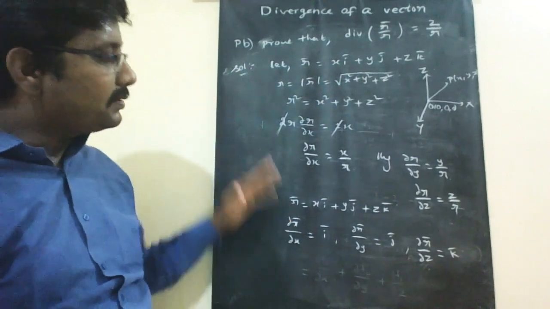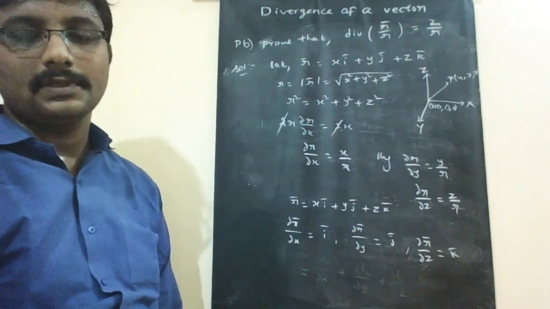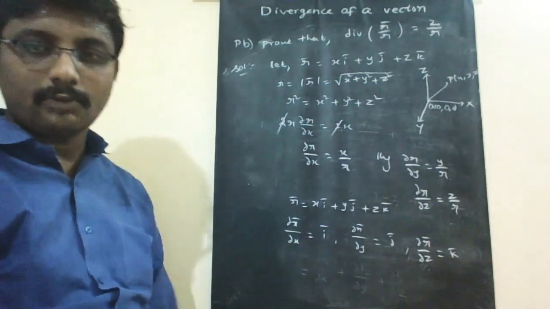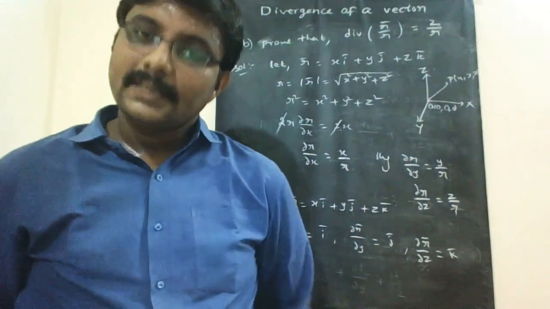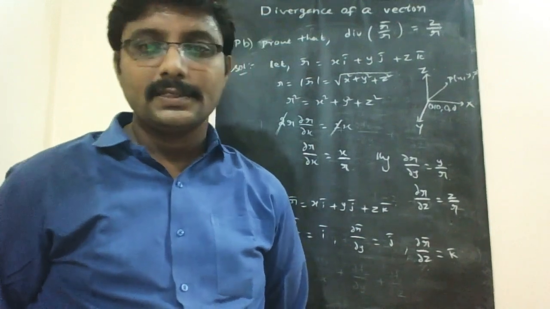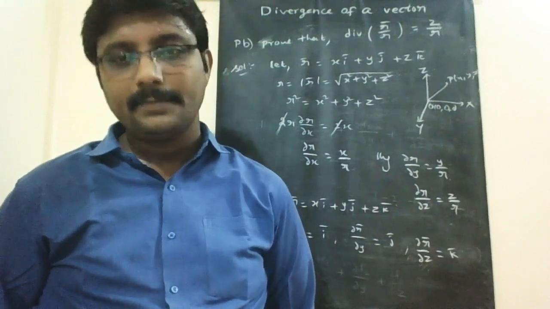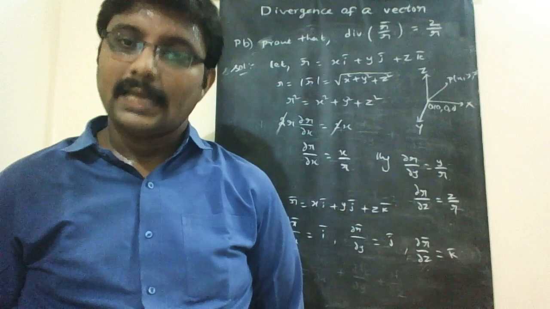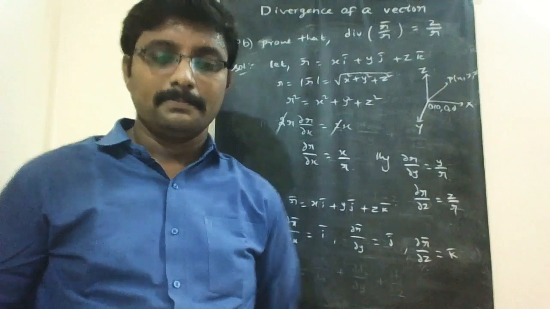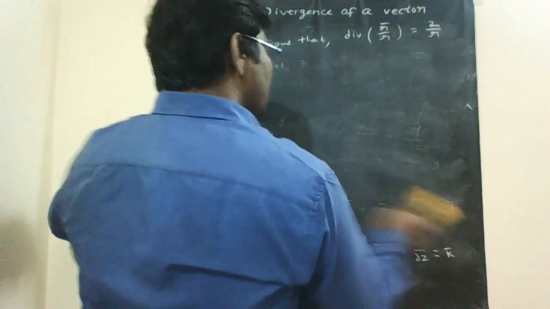We have to remember these formulas until we finish the problems related to Stokes theorem. Whenever r bar occurs in a given sum, we have to remember these formulas. The important ones: r bar is xi plus yj plus zk, r is root of x square plus y square plus z square, and r square is x square plus y square plus z square. Dou r by dou x is x by r, dou r by dou y is y by r, and dou r by dou z is z by r. And dou r bar by dou x is i bar, dou r bar by dou y is j bar, dou r bar by dou z is k bar. Using these values, we can prove the required statement.